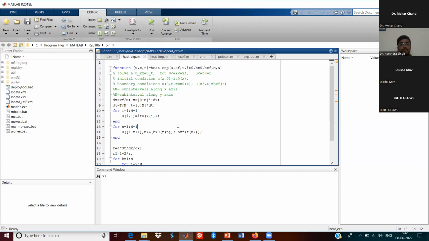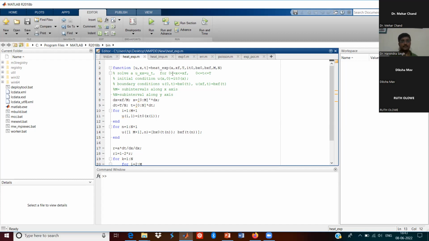This is the program for the explicit forward scheme, the explicit forward method. So this is the numerical scheme. In previous lectures, Professor Meher Chand and other experts had already explained many basic things about MATLAB. That is, if you construct a function, you can directly call this function. If you want to solve the heat equation,